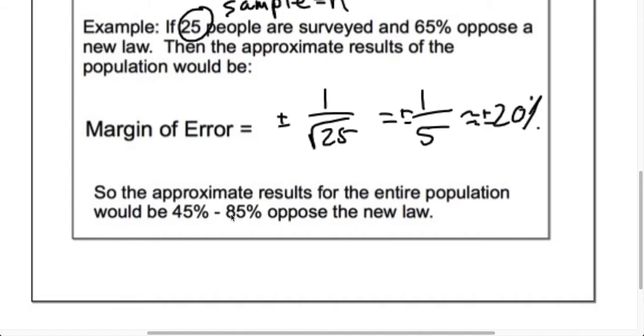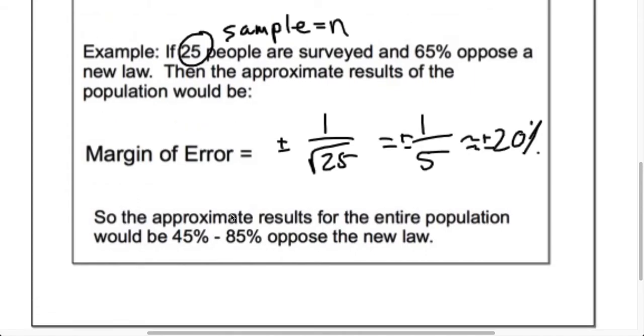Now, one thing that this example doesn't tell us is what is the population? For example, if we surveyed 25 people and the population was only 30, well, then maybe that's actually a pretty good sample. If we surveyed 25 people, but the population was 1,000, again, now we're talking about something where we probably should have surveyed more people. This is where you can't always just trust what statistics tell you. We have some things in place that can help us understand that data might not be exactly perfect, but you can't always just assume that the person telling you the data is being completely forthcoming about it.